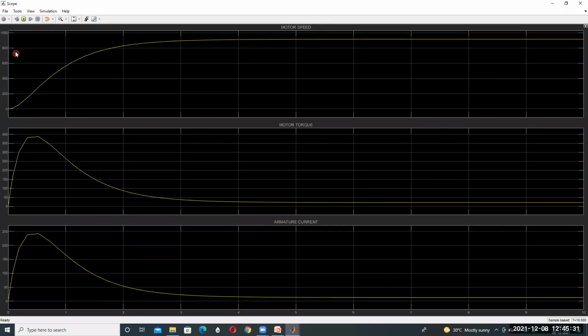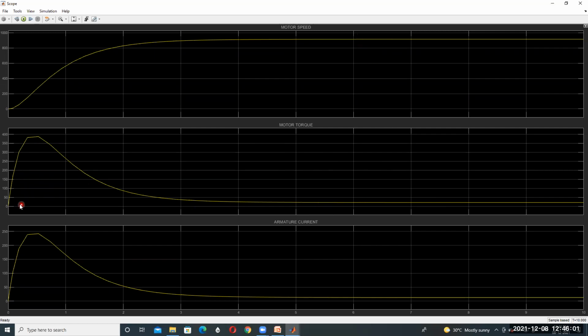What is the speed here? This is the speed of the DC motor, 915 RPM. It will open like this. Then this is our steady state condition. These values are steady state. Up to here is the transient condition. Under transient conditions, we will get it like this. For steady state conditions, it opens like this. These are our steady state values.